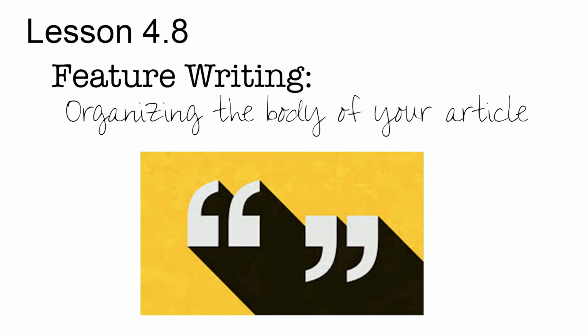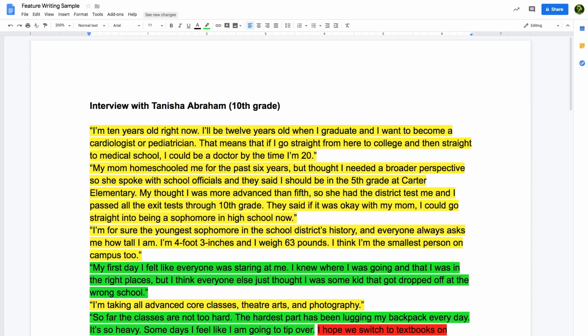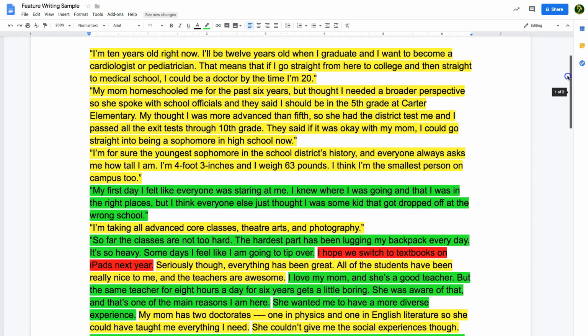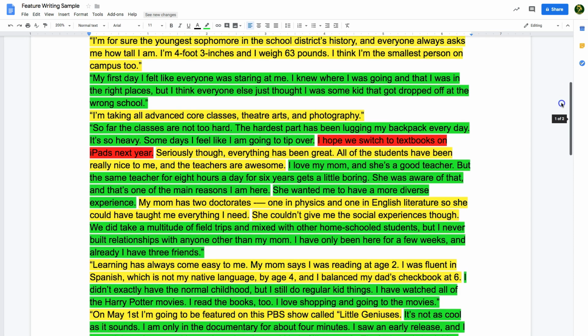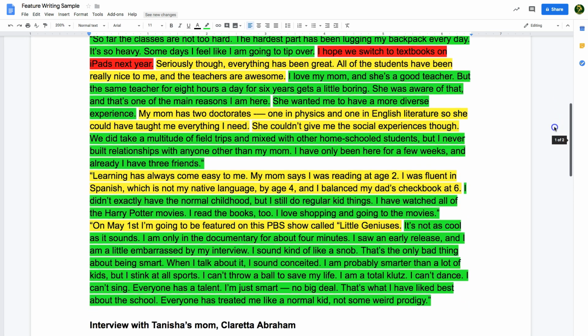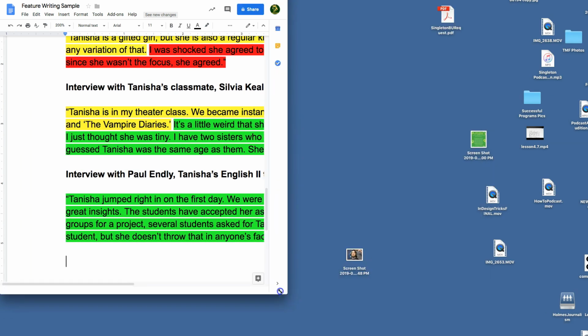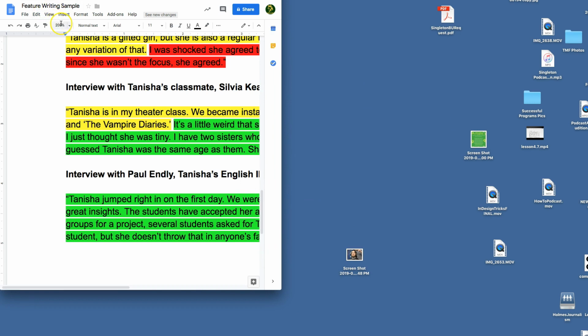Lesson 4.8, Feature Writing, Organizing the Body of Your Article. Once you've gone through and analyzed all the quotes you have, and decided what's just information you can summarize yourself, what are the real juicy quotes you want to use, and what you just don't need, and you have it all highlighted up, what you want to do is go ahead and bring down that,